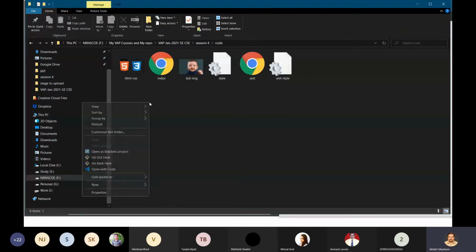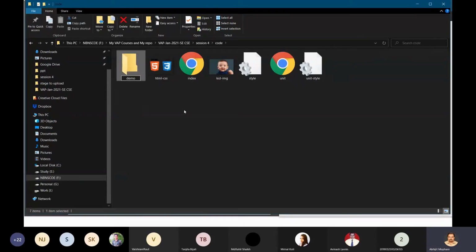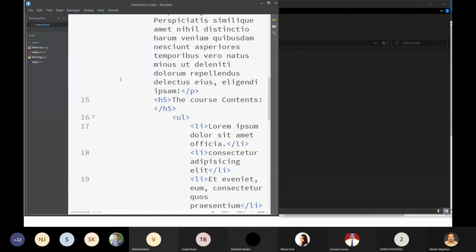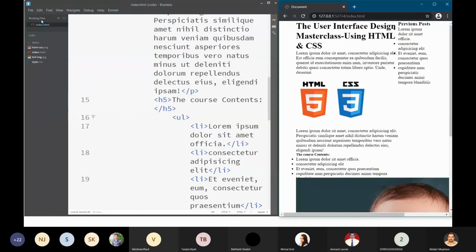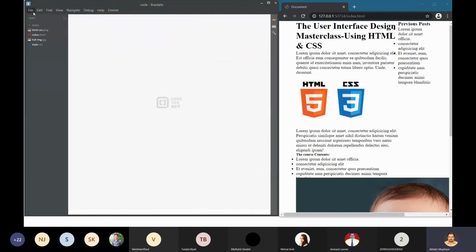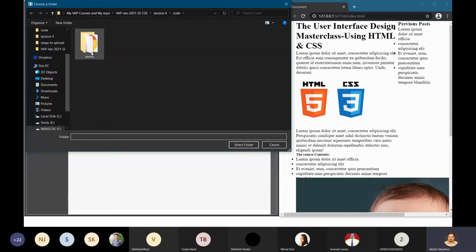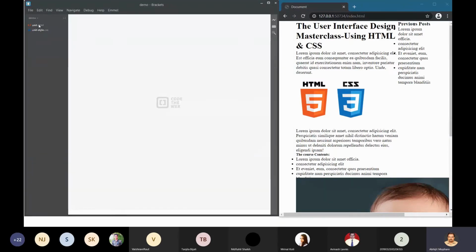So I will create another folder, demo, and within that demo I will put all the files. So this is unit.css and unit style.css. I will move them over there. Here I will close all projects and then open the folder demo, so only those two files we will have.